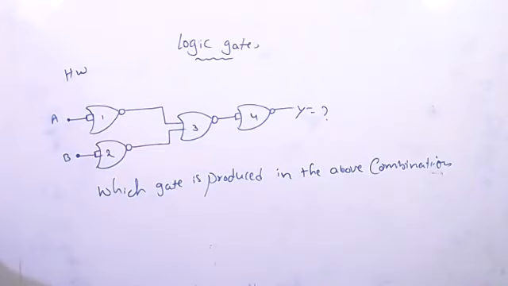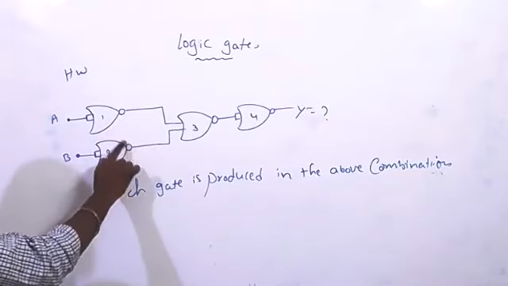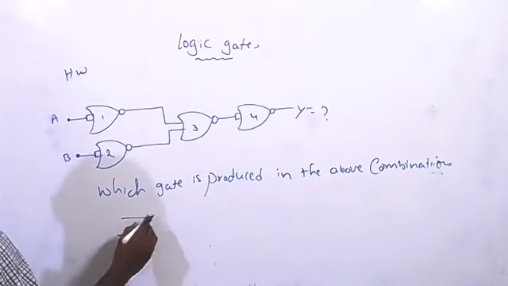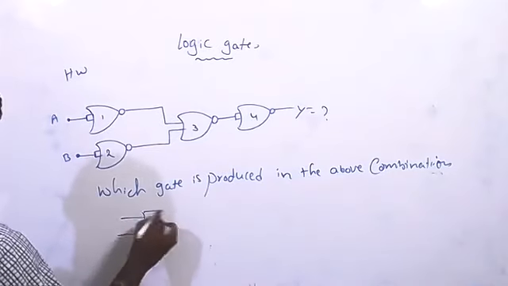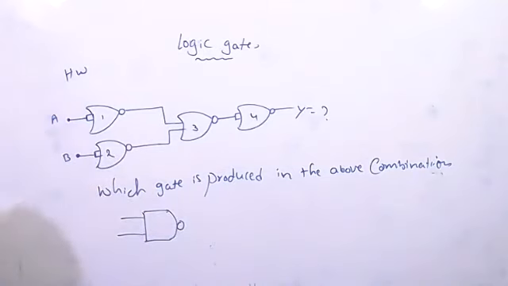I can. Sir, 1 and 2 is AND gate or OR gate, sir? All are NOR gates only. NOR gate. Okay, sir. All are NOR gates. Symbol itself NOR gate. If they give this type of mark, it will become NOR. To this symbol, if it is like this, this is NAND. So remember.